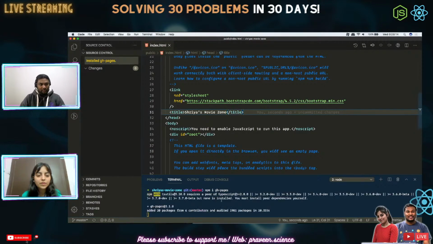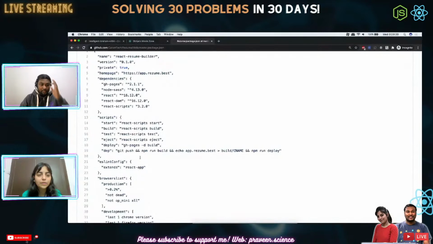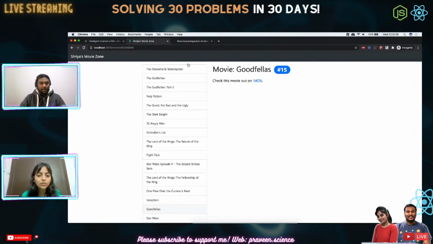Cool, that's done. 0 vulnerabilities. Keep checking for vulnerabilities as well. Cool. Now all I need to do is create a deployment script. So gh-pages needs to do the deployment using the build folder. But before that, I need to do npm run build as well. I need to also add a custom domain in case. So before anything,